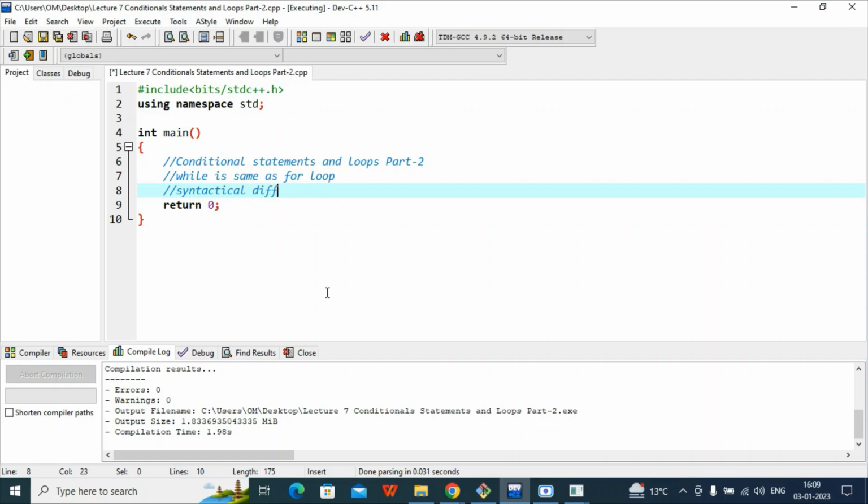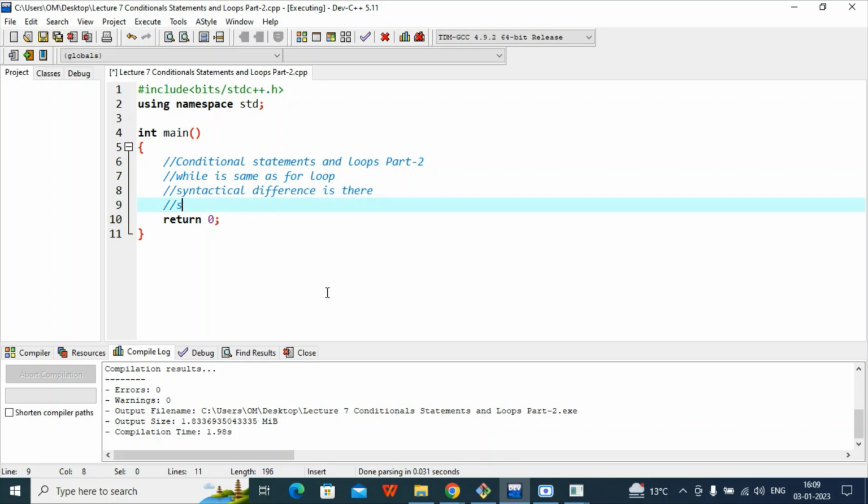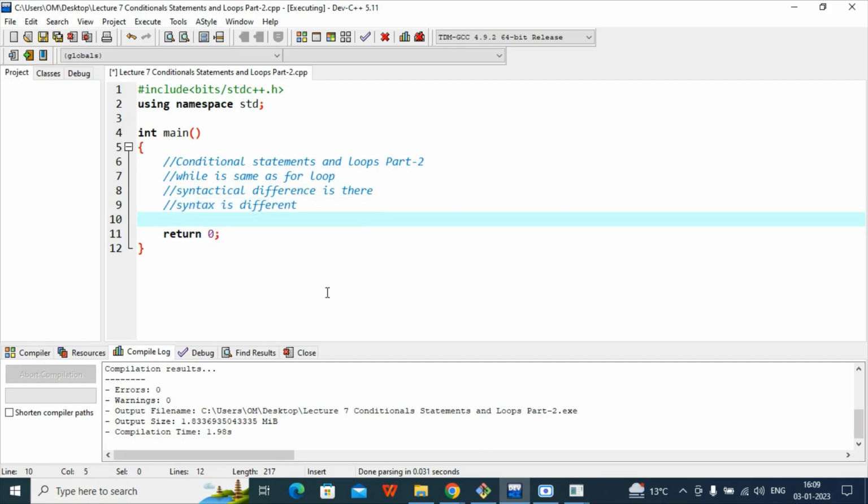Syntactical difference is there. It means syntax is different only, otherwise everything is same, right? Okay. So what you will do in while loop,